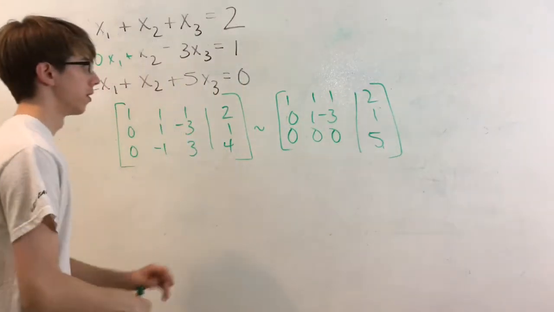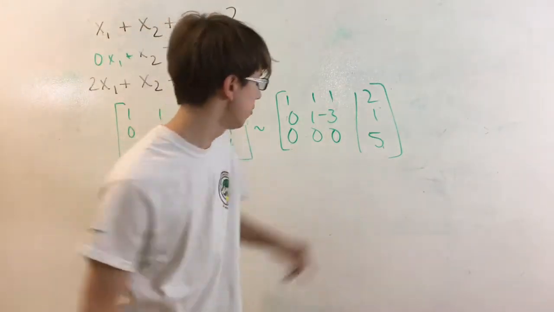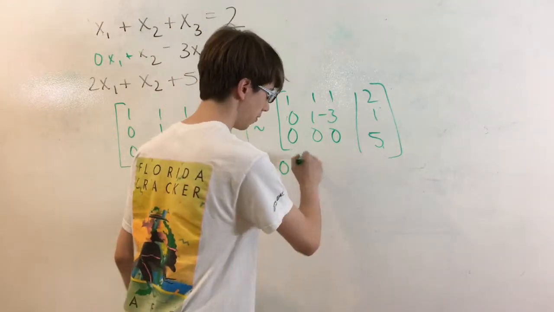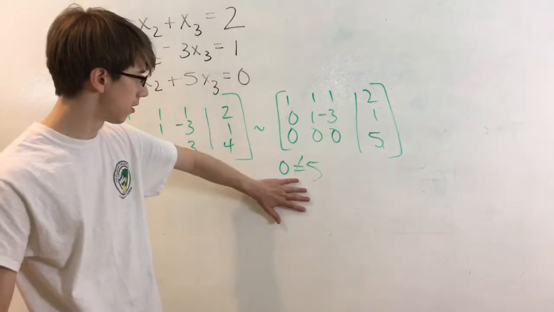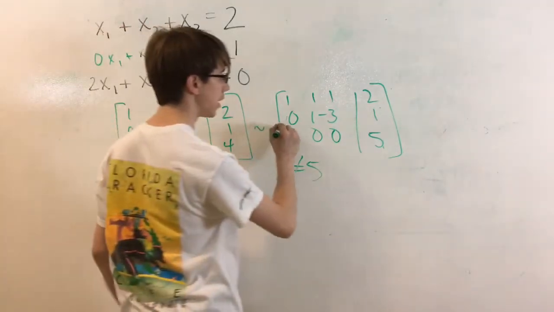Uh-oh, I see a problem here. Doesn't this say that 0 is equal to 5? Is 0 equal to 5? No, it's not, of course. It's not. 0 is not equal to 5, so we can automatically say that this